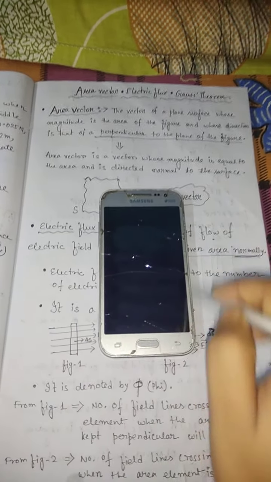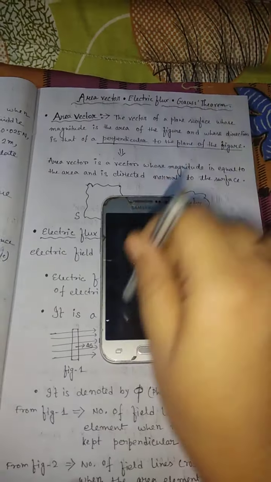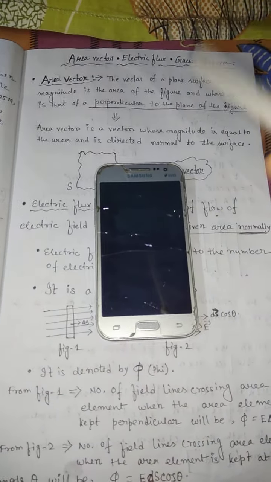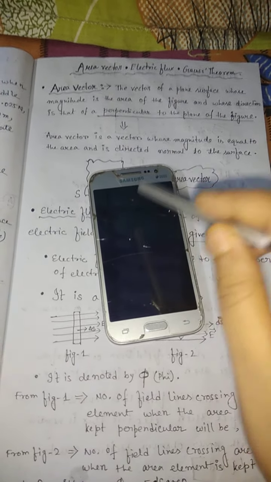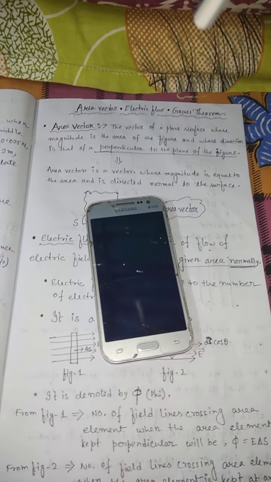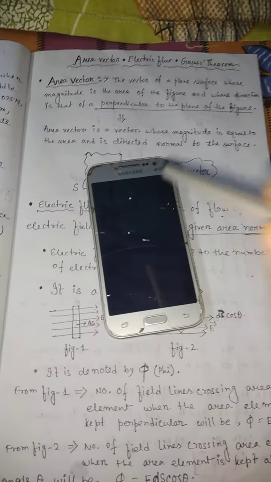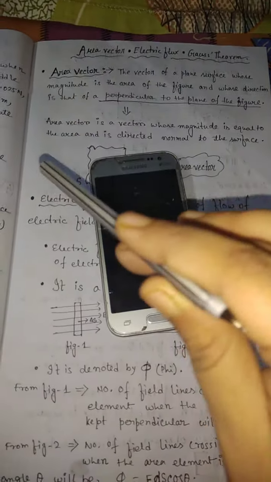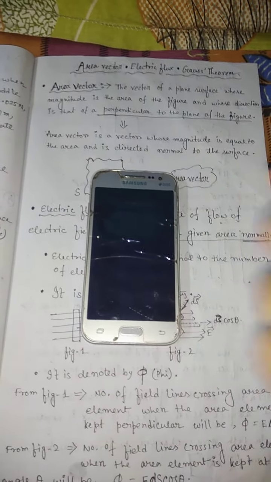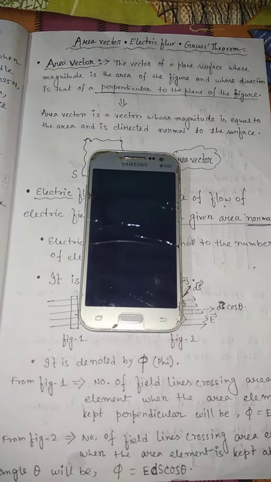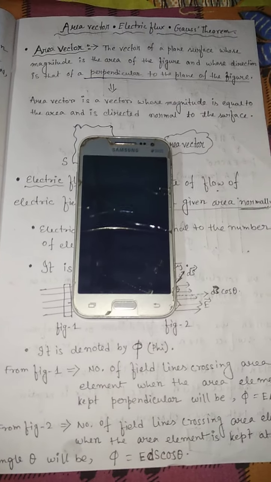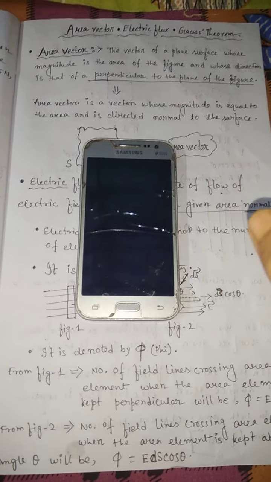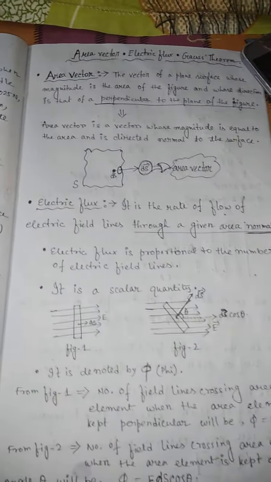Through the surface of this mobile, some electric field lines link with the surface perpendicularly or normally. The number of electric field lines which link with the surface, or pass through this surface normally or perpendicularly, is called electric flux. So from the electric flux definition, we measure the flow or strength of the electric field lines, how many electric field lines link with the surface.